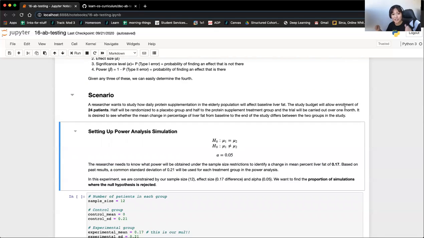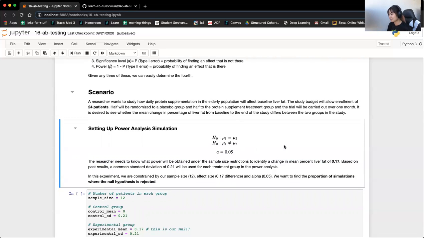And this is a two-sample t-test. We have one group that's getting the placebo, one group that's getting the drug, and we just want to compare and see if there's a difference in their liver fat. And we have our alpha set at 0.05. So